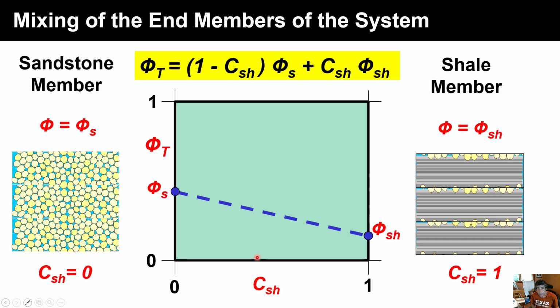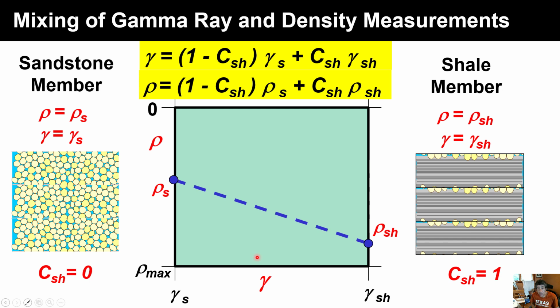So that's what Thomas-Stieber says: if we have a shale laminated sequence, the total porosity of the rock is a weighted average of the sandstone porosity and the shale porosity, where the weights are given by their volumetric proportions. And second, those linear mixing laws apply to both the gamma ray log and the density log,